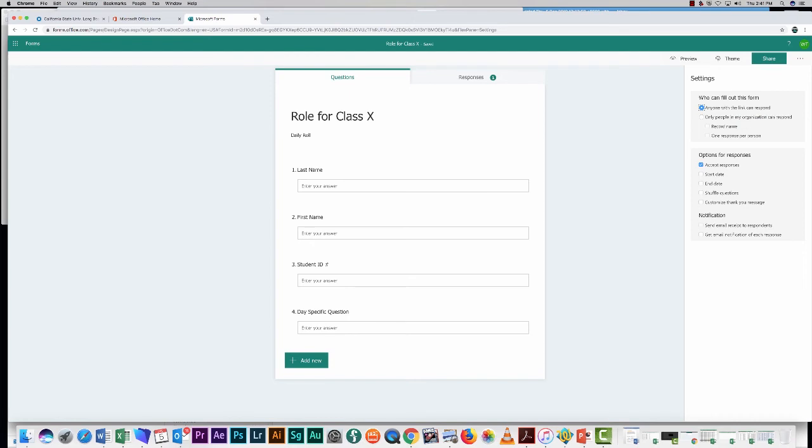But for the options for responses, right here we have the option to have a start date and a start time for the responses, and an end date and an end time for the responses. So you can set whatever date you would like, start and end, and time for the responses. As I said, it's a little more complicated to control the environment, but you can let the students know,